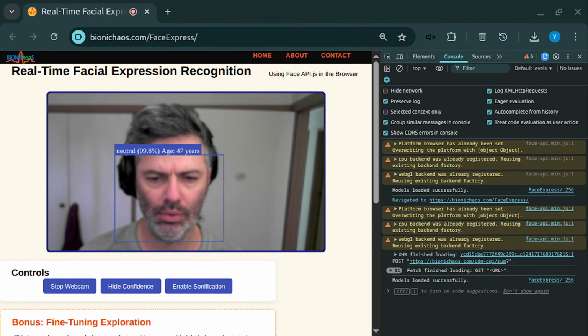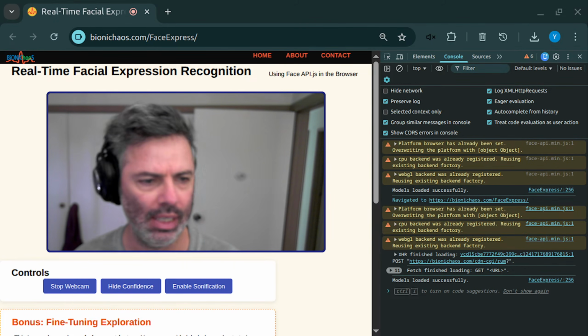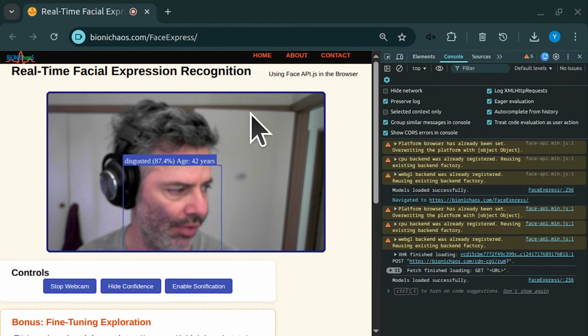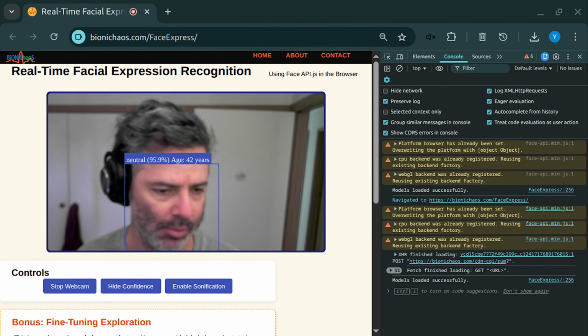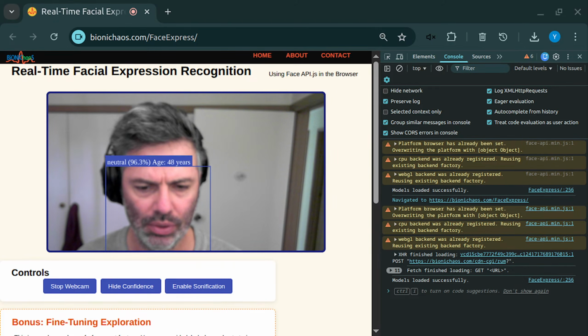Hey, the audio. So we gave it an image from this web application, real-time facial expression recognition, which has a bunch of warnings and things. Let's get Gemini to describe